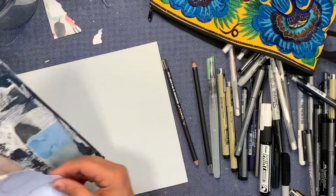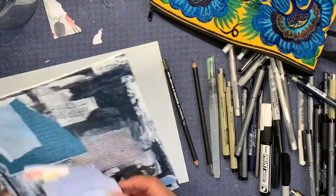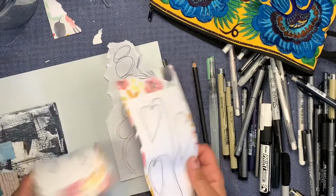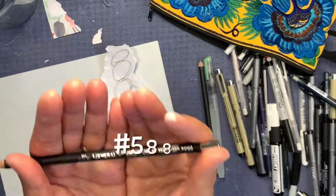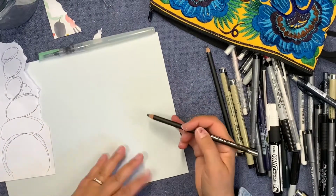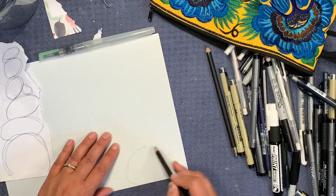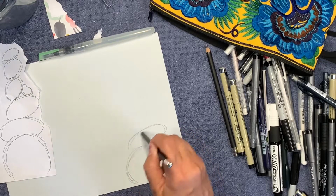While those are drying, I get my pencils, my sketch stuff out, and I start thinking about focal points for this. I've gone with rocks and earth kind of elements. And I am using a General's Sketch and Wash number 558. It is a really soft lead pencil that is water soluble. So you'll see me do a wash with my watercolor brush here in a little while, but